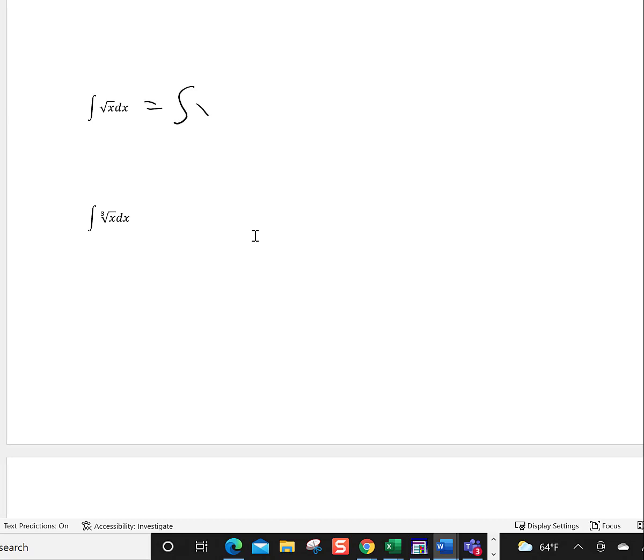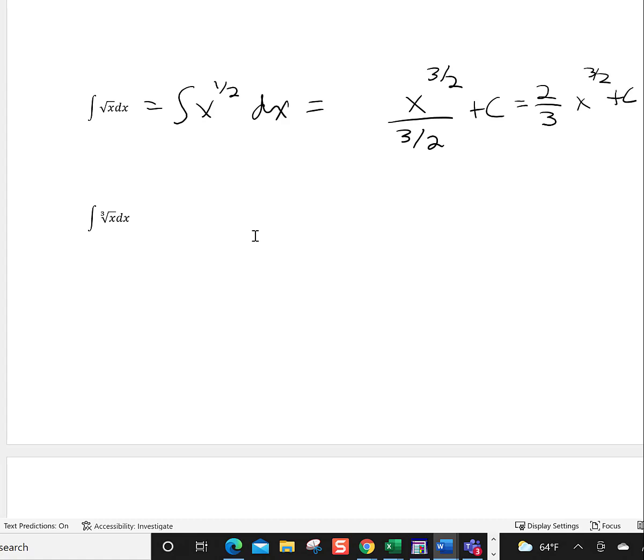Well, remember, the square root is the half power. When I add 1, 1 plus a half is 3/2. Now you're going to divide by 3/2 and add c. This one, you do need to rewrite it. This is a complex fraction. So I have a fraction in the denominator, which is really not what we like to see. So when you divide by a fraction, you multiply by the reciprocal, which means it turns over. So I have, instead of divide by 3/2, multiply by 2/3, and then you have x to the 3/2 plus